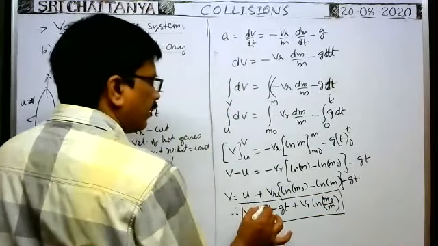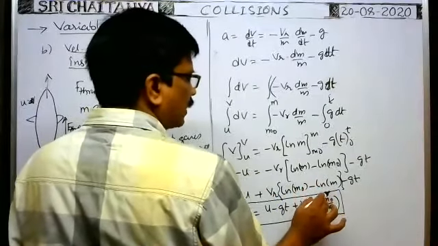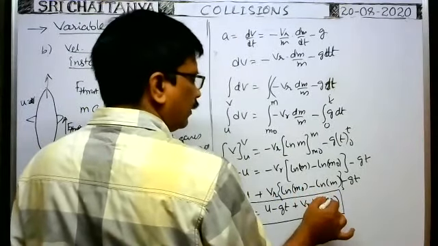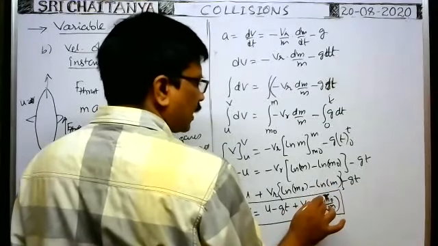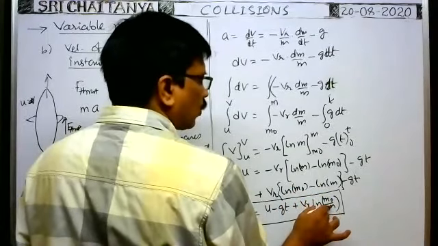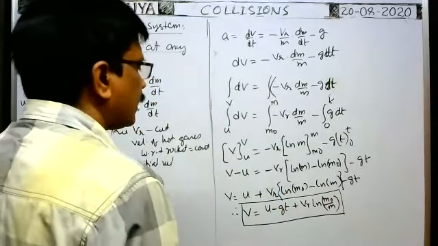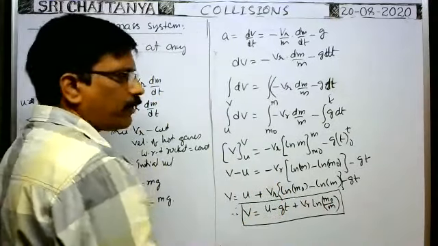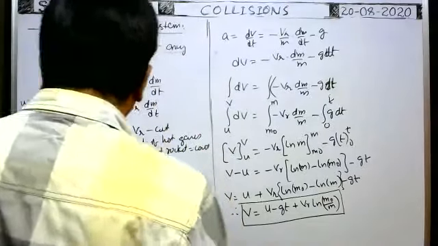Here u is the initial velocity, m naught is the initial mass of the rocket with fuel at t equal to 0, and m is the mass of the rocket with fuel remaining at a time t seconds. So this is the formula for the velocity of the rocket at any instant of time. Now from this,